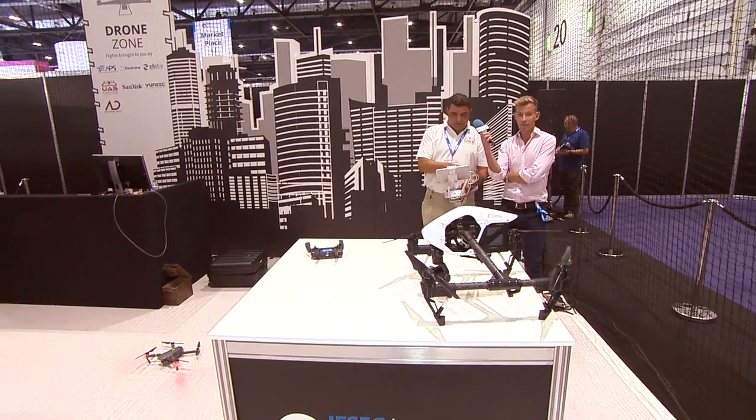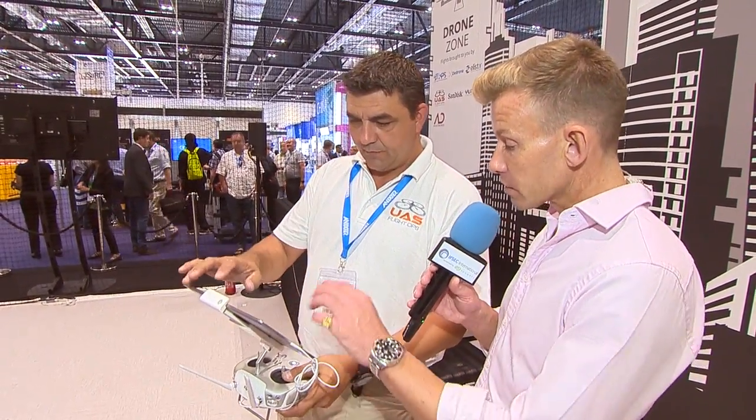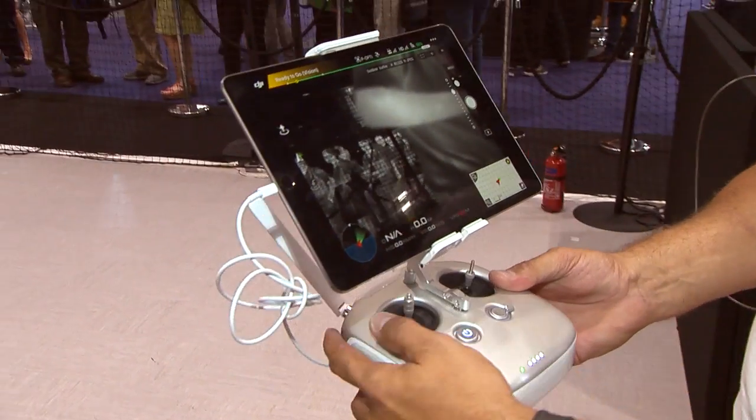So you'll be able to see the actual imagery on this one now. Okay, so this is a completely different one. So you've essentially got a controller here attached to a regular iPad. Yeah, that's true. It's a simple lead that connects into this. So you can see we're getting a live feed from the camera here. And this is a thermal...